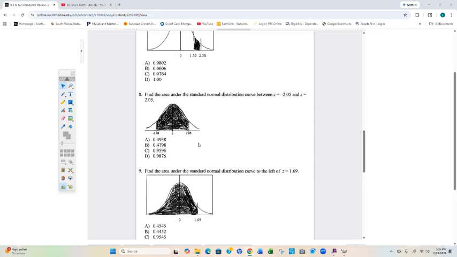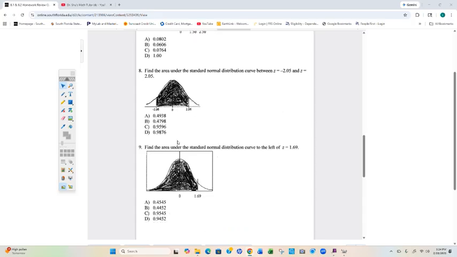Number 8. Find the area under the standard normal distribution curve between z equals negative 2.05 and z equals positive 2.05. A is 0.4938, B is 0.4798, C is 0.9596, D is 0.9876. Okay, on this one, look up 2.05, look up negative 2.05, and subtract them. The correct answer is C,